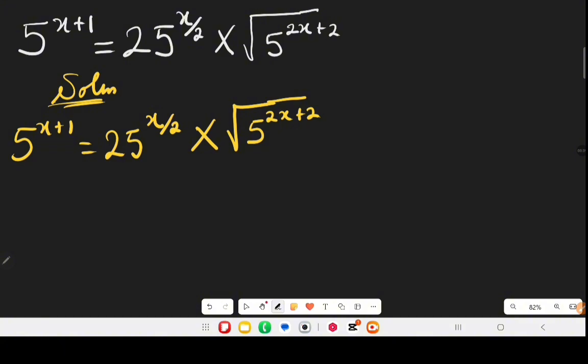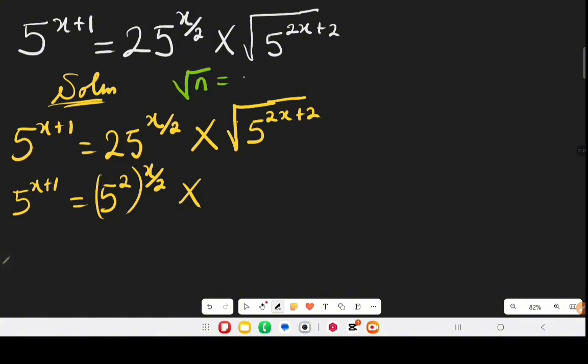Next step, we change 25 to base 5. When we change 25 to base 5, we have 5 raised to the power of x plus 1 equals 5 raised to the power of 2, all raised to the power of x, all over 2 times, we change the roots to power, where we have root of n equals n raised to the power of 1 over 2. If that is true,